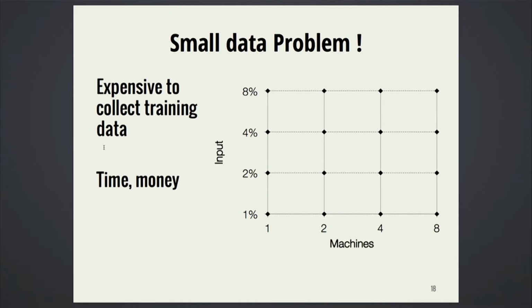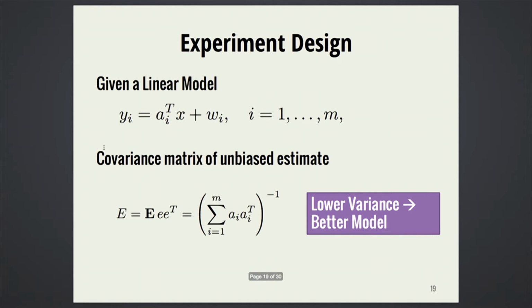So the approach we take here is that we look to statistics, and we specifically look to a branch of statistics called experiment design. Now, the roots of experiment design come from a time where collecting data for doing real-world statistics was actually very expensive. Like, you can think of it in the 50s or 60s, agriculture required a lot of statistical analyses, and it was actually expensive to collect data and took a lot of time to collect data in the real world.